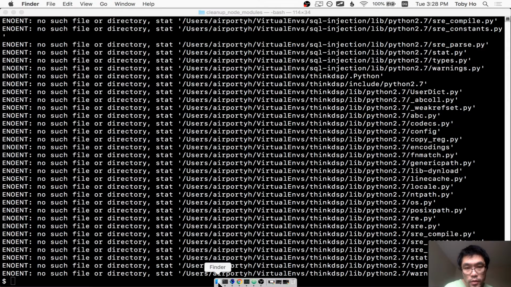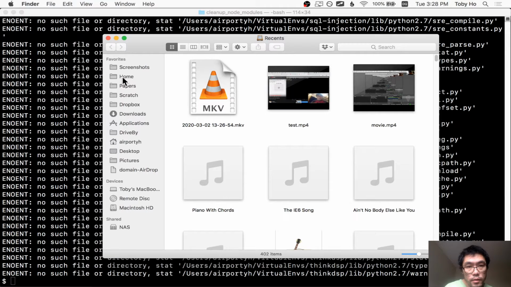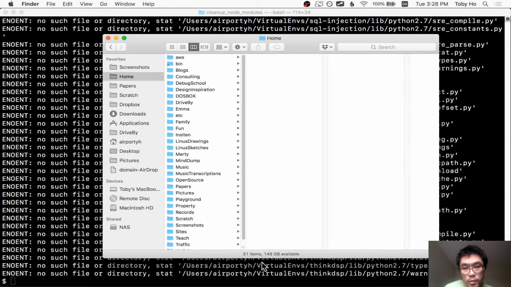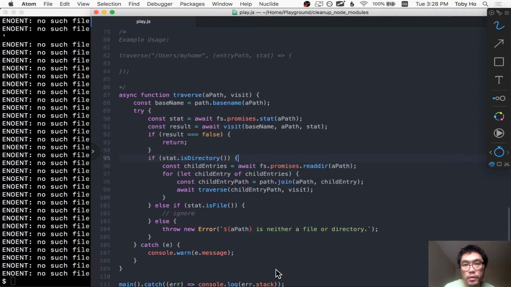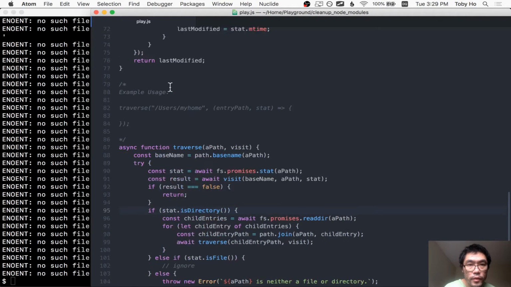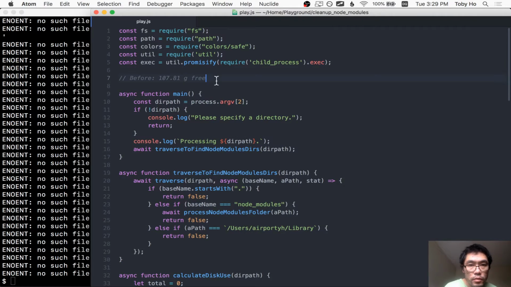Let's see the number. Okay. After doing this exercise, the amount of disk I have available now is 149. Before we started running the program, that number was